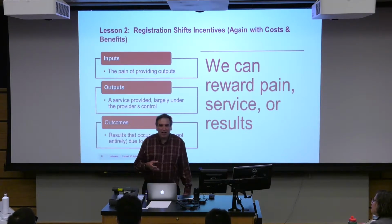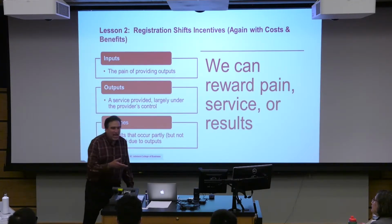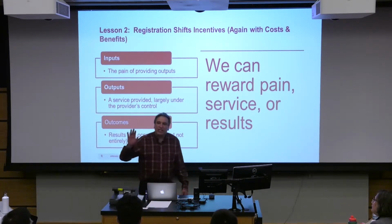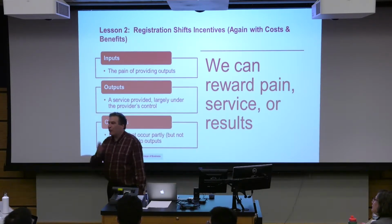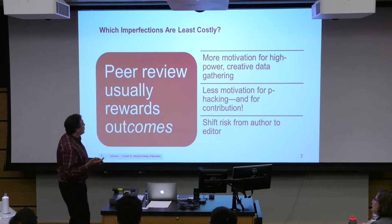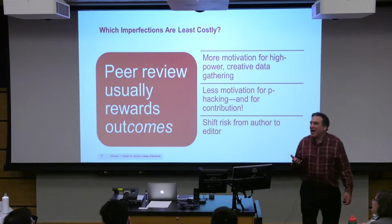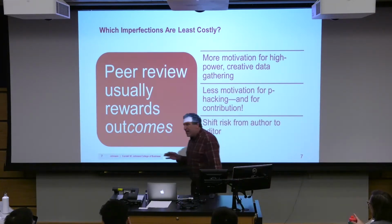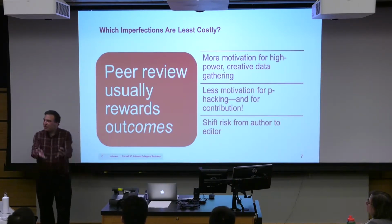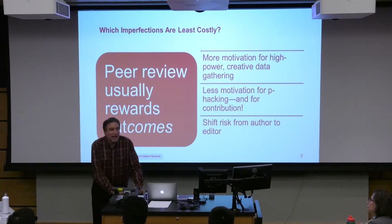We undergo that pain to provide a service, which can also be rewarded. How much data did you get? How rich is it? How careful, thoughtful, and robust are your analyses? And we can reward that. But what we really care about is the outcome from that service, which is a contribution. Now, the way editing works now is that everything is piled on the outcome. It's really the only thing that gets rewarded: did you make a contribution? So what we do with registration is we shift incentives toward mostly not the inputs, but the outputs. Did you...